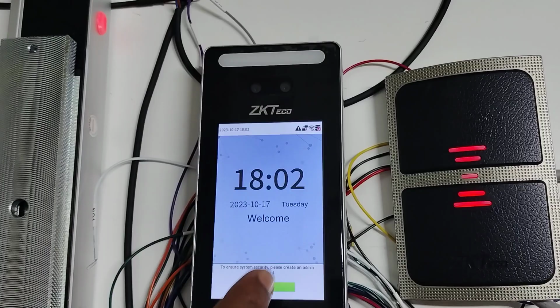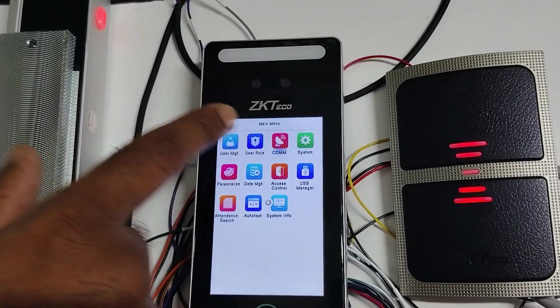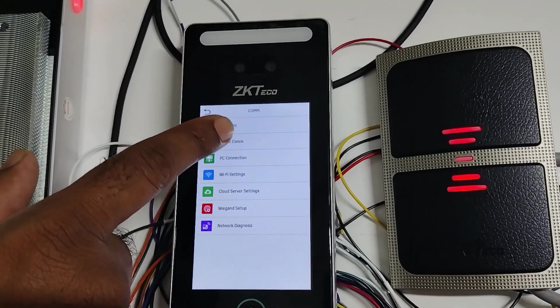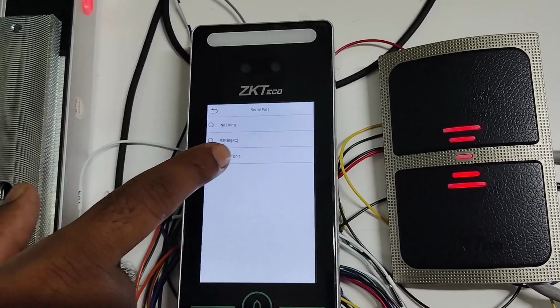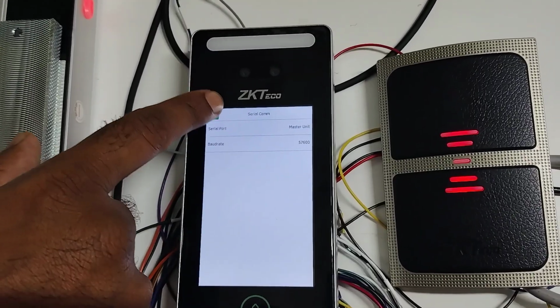Go for main menu. Inside main menu, go for the COM option. Here you should go for serial COM. Select the serial port as master unit. So after doing this,